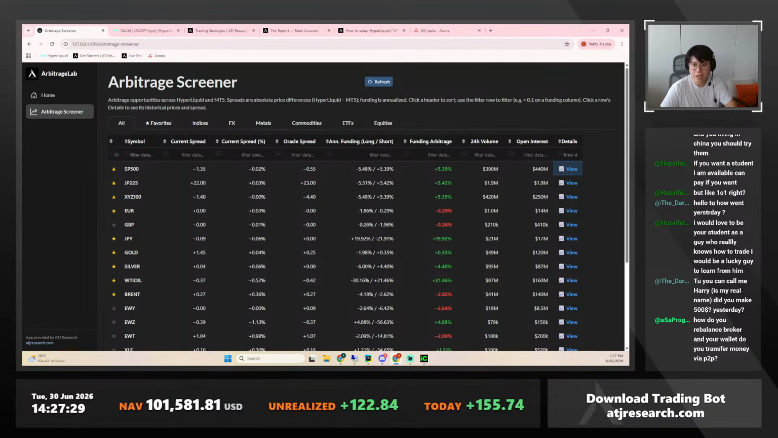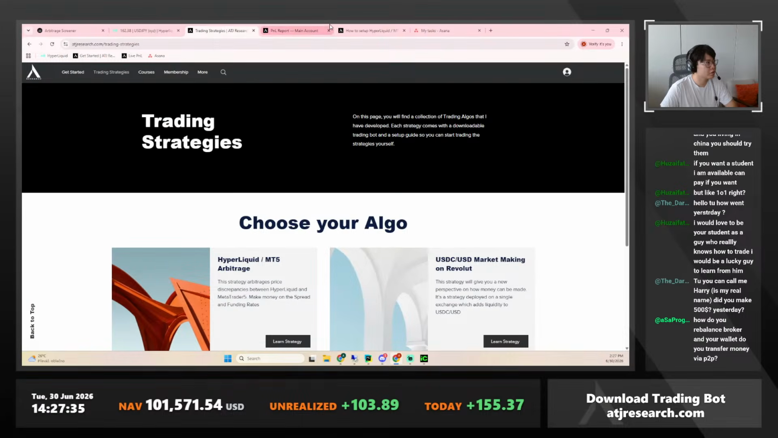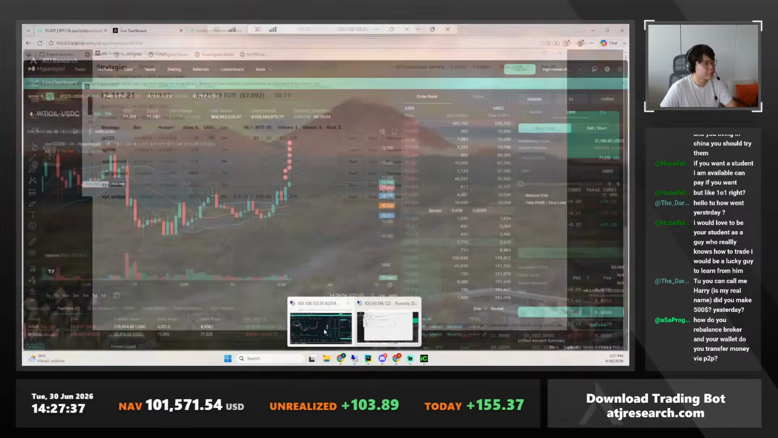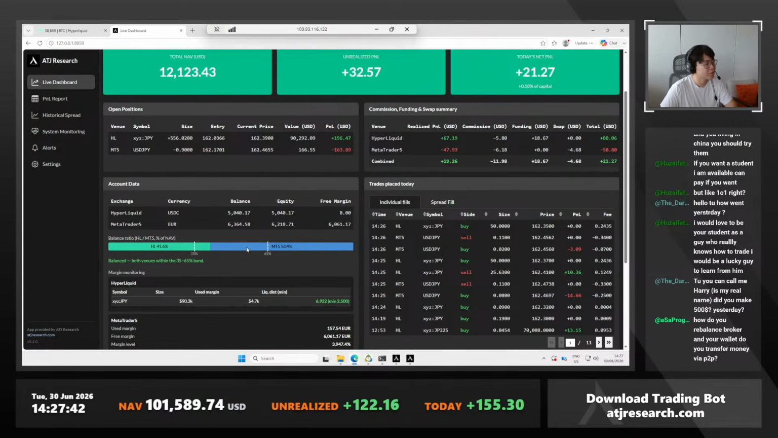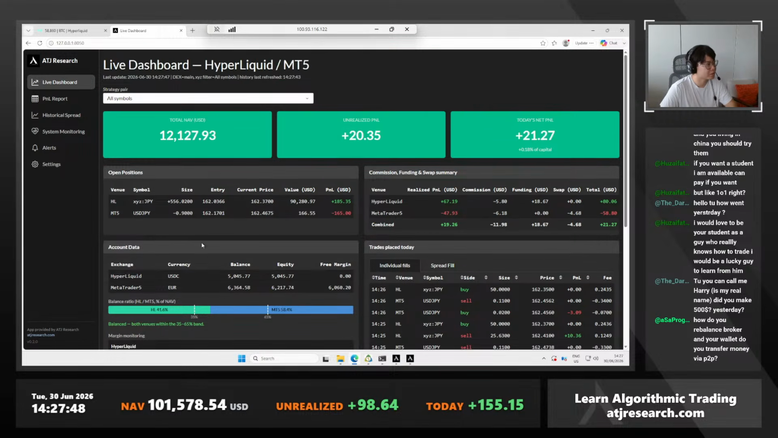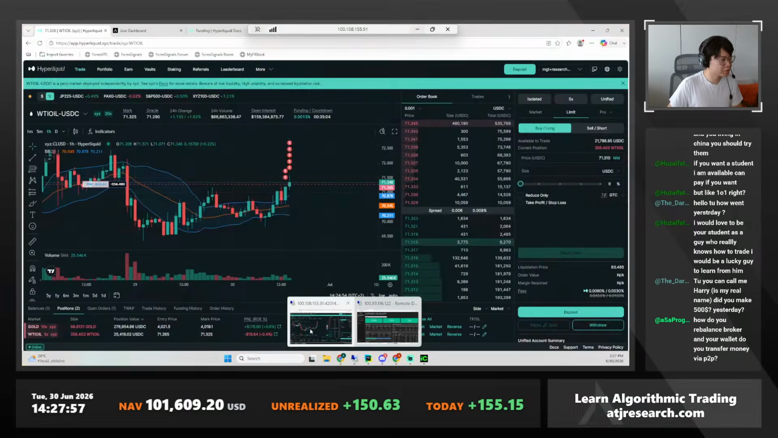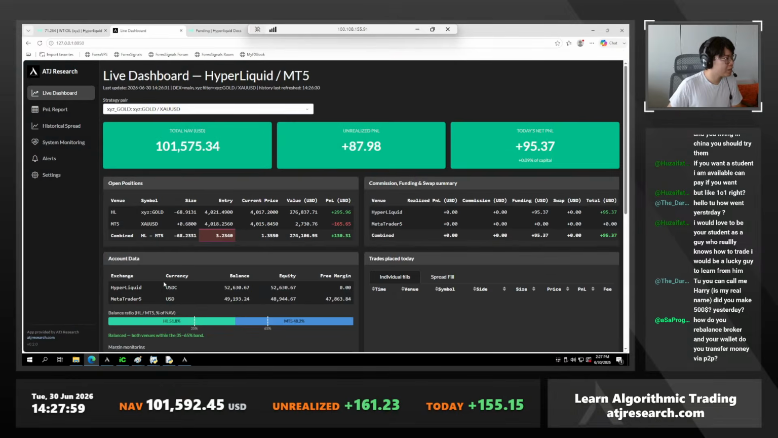How do we balance broker and your wallet? Do you transfer money via P2P? Well, if you look at an example here, one account is running quite low on margin. Here we have balance. On Hyperliquid, I have 41%. On MT5, I have 58%, which is 5K and 6K, which is okay. And this is a bad example because it's euro, but on this example here, I have USDC and